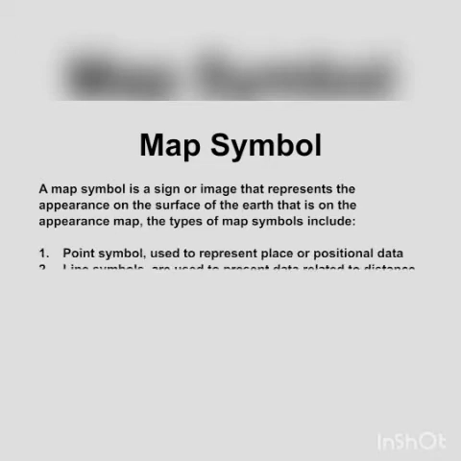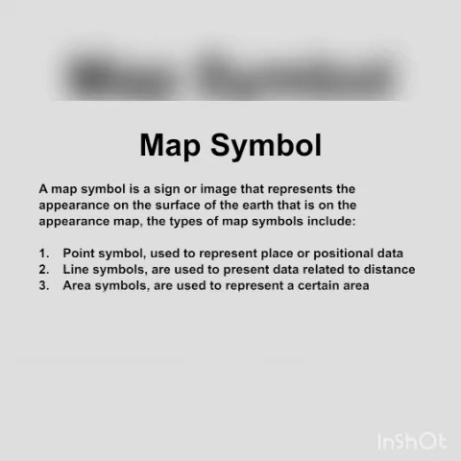Map symbol. Okay, we will learn about map symbol. A map symbol is a sign or image that represents the appearance or the surface of the earth on the map. The types of map symbol include: